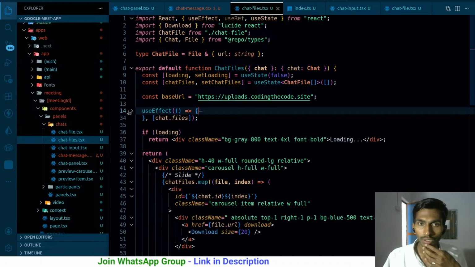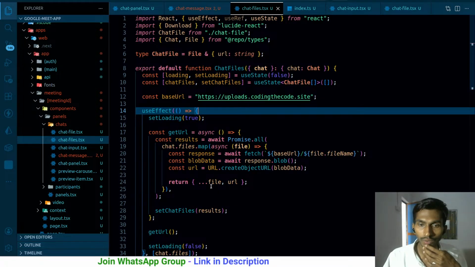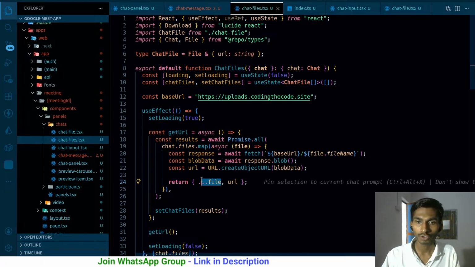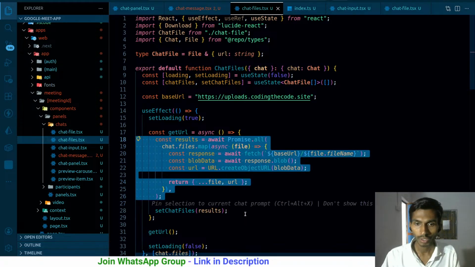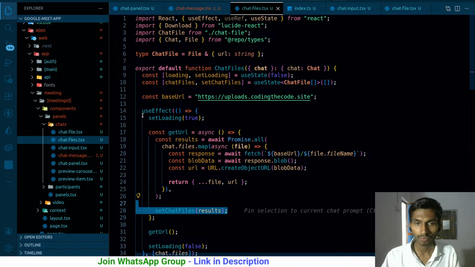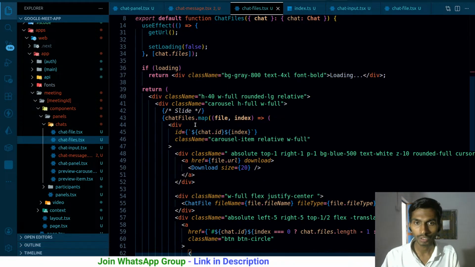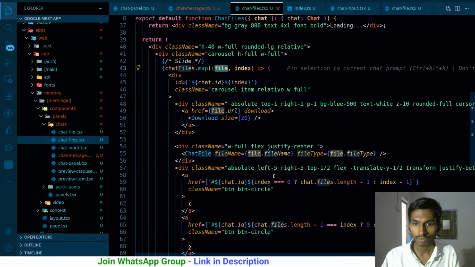So ultimately at the end I will have everything inside the file that I have. It should be part of set chat files. The result that I'm getting, I'm just simply assigning it to set chat files. That simply means chat files dot whatever. So I will get the file over here, file.url, file.index,